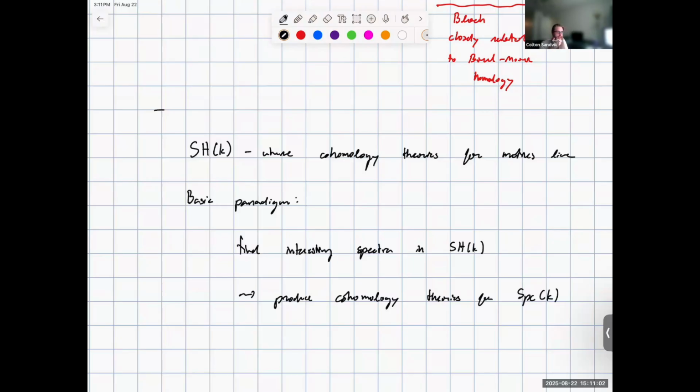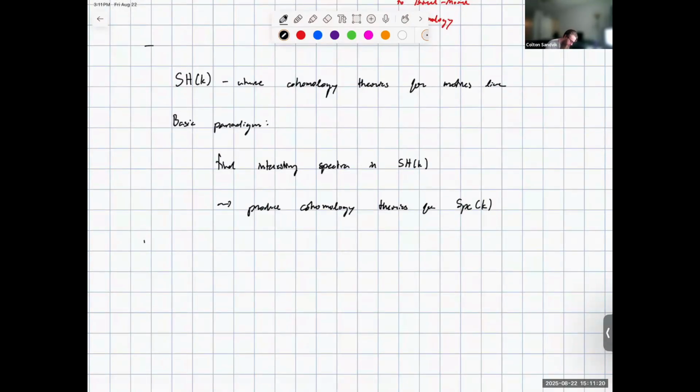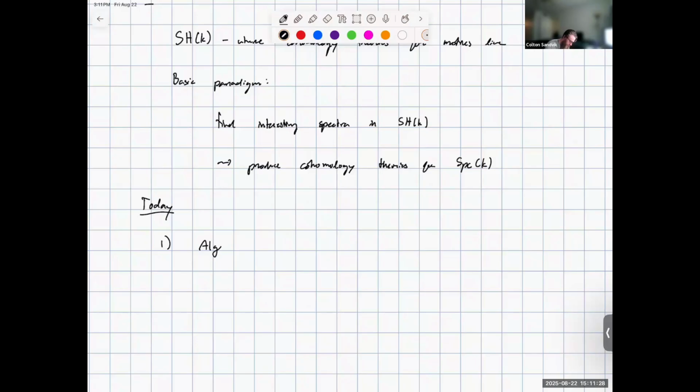The exact method of doing this depends a little bit on exactly what kind of spectra you look at, but this is a vague idea. We'd already seen one example of this in terms of the Eilenberg-MacLane spectrum and what's called motivic cohomology. Today, the goal is to do 2 others. The first is what's called algebraic K theory, and the second is algebraic cobordism.